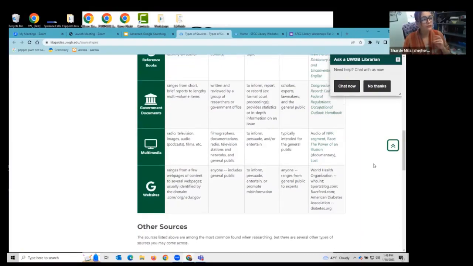And then we have government documents. So these are going to be things created by the government, published online. You tend to see a lot of like statistics, data, reports, which actually comes up a lot when we help students research. So I think when we think data and stats, we don't necessarily think like government. I mean, there's like the census and all that, but they make so much more information.